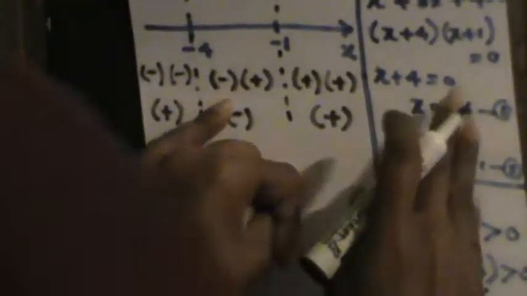Right? So if y is equal to x plus 1 times x plus 4, this is the same as here. So what I actually need is the values so that x plus 1 times x plus 4 is greater than 0. Since y is equal to x plus 1 times x plus 4, I need the values where y is greater than 0. So y is greater than 0 is the same as y is positive. So y is positive only within these two ranges,